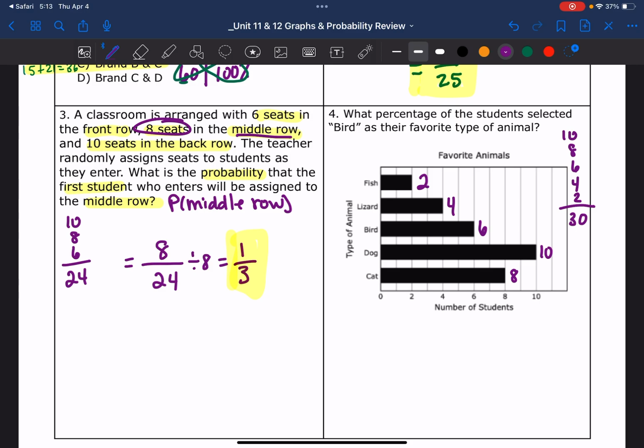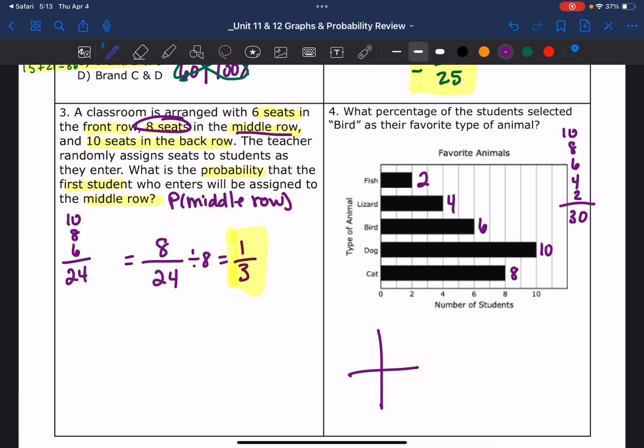Okay, so here we do, let me go back over here. We do have to write a proportion because the sentence up here says what percentage of the students selected bird. So all we're looking at is birds, okay? But here, we have to find the percentage. Remember, this is the percent side because the fraction or the proportion that we're trying to set it up as is